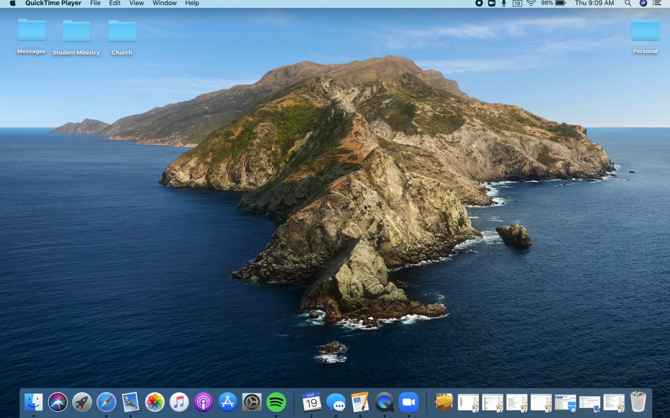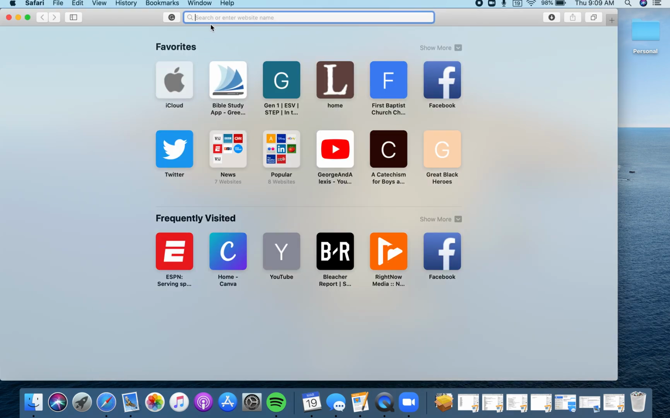You can see on your screen, again, this is my desktop, my computer. And so here is how you could access Zoom for your Sunday school class. You open your browser. Mine is Safari. Yours might be Internet Explorer or Firefox. In the top there, you're going to want to type